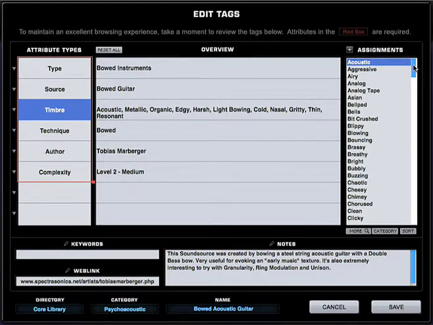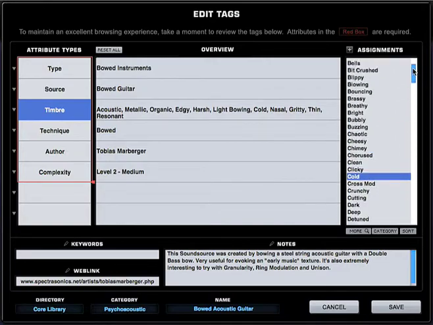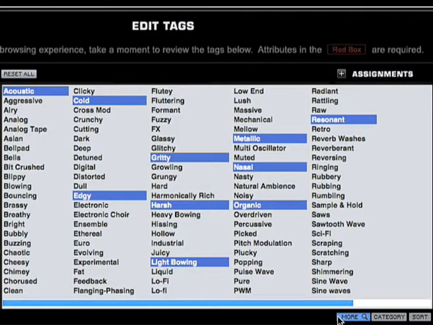They can be displayed in this way, where you can see what's assigned in the other attribute types, but you may need to scroll to see the full list. Or, by clicking on More, they can be displayed like this, where you get more results in order to reduce the amount of scrolling. The Category button will highlight all of the assignments for timbre that have already been used